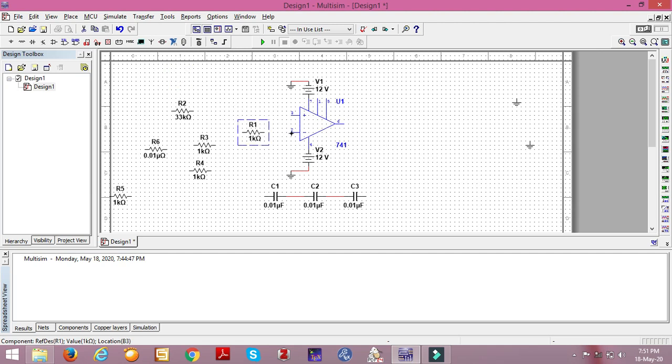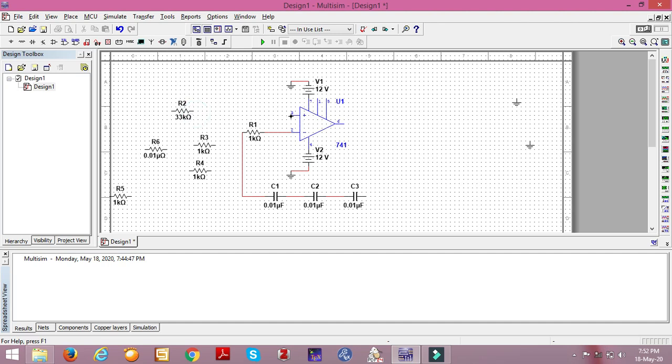Pin number 2, I'll connect later. It should be connected to the one end of the resistor R1. There is not enough space here to connect the feedback resistor R3.